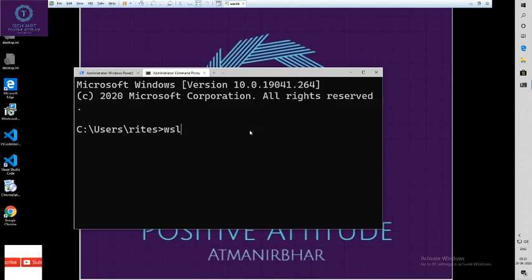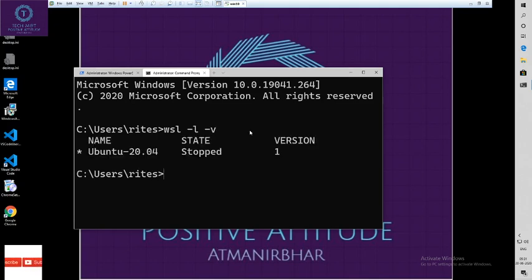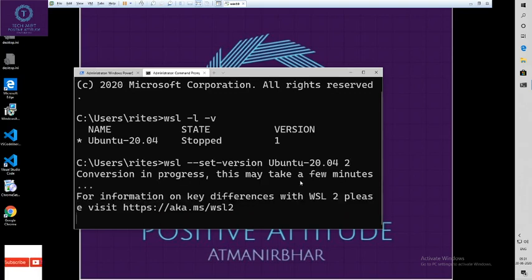To check the image name, I will type the command wsl -l -v. Image name means this Ubuntu, whatever Linux you have installed. Copy the name. Now space, number 2 for version 2.